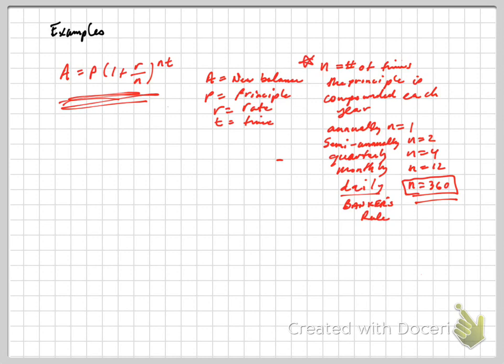So let's go back and do that example that we just did the long way and see if the formula will work. And so you have 1,000 times 1 plus 10%, and compounded annually is 1 time a year, so we'd have 1 times 3. And so your new balance, by order of operations, you'd have 1,000 times 1.1